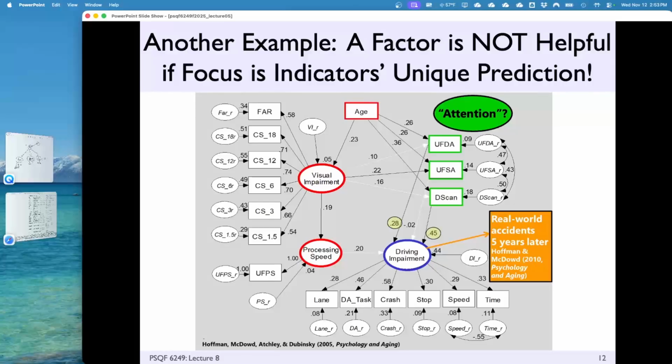If you want to try to communicate this information, it may make more sense communicatively to lump those into a factor and describe it. Because then you can say, what is the impact of driving impairment on attention, or the other way around, attention on driving impairment, right? Rather than saying, what is this version of attention on it? So it may make sense depending on who you're talking to. And I can certainly tell you the people who are trying to do a better job at training drivers, or trying to make sure that works, they may not understand the nuance that's here. So there may be other reasons that are not statistical to do it. Anyway,